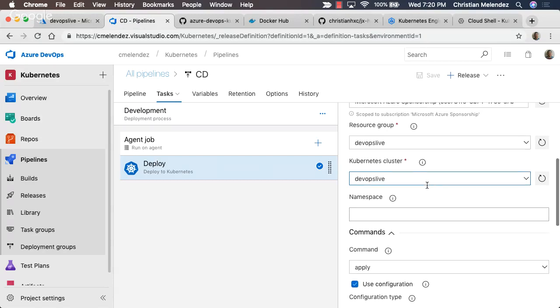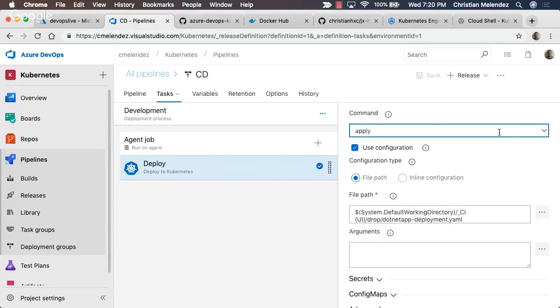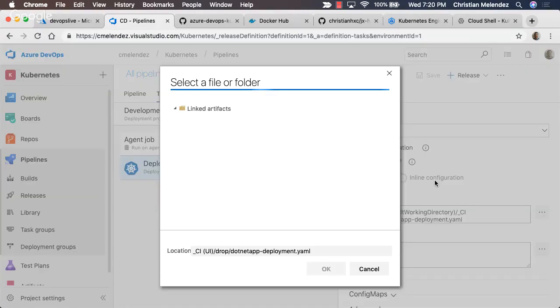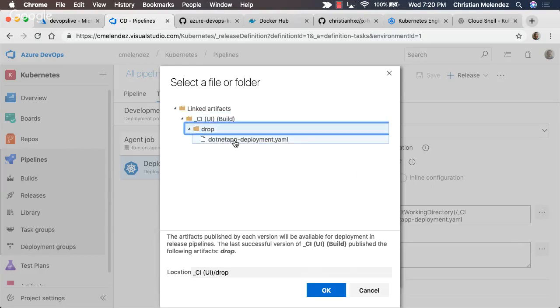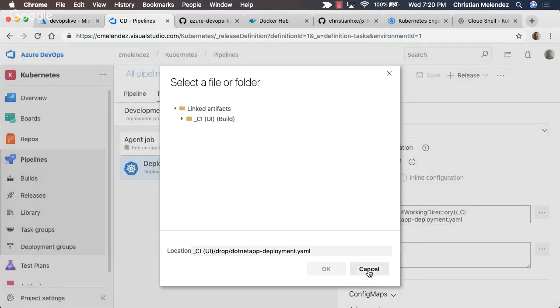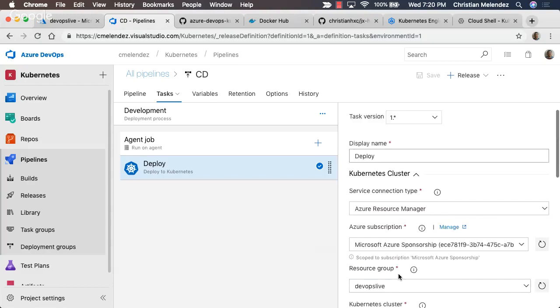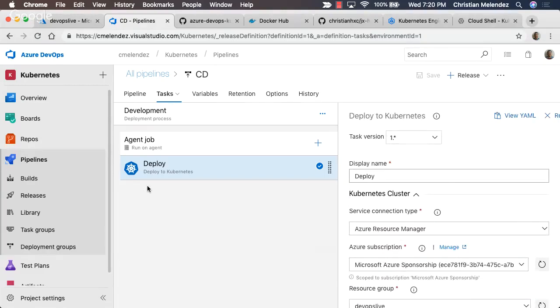You will say, I'm specifying these things in Azure, and I'm just specifying here the command that it will run. To which file? I can take a look at the artifact that has been built, and I have this graphically here, and I can see which YAML I'll use for the deployment. Right now, I'm using the UI again.